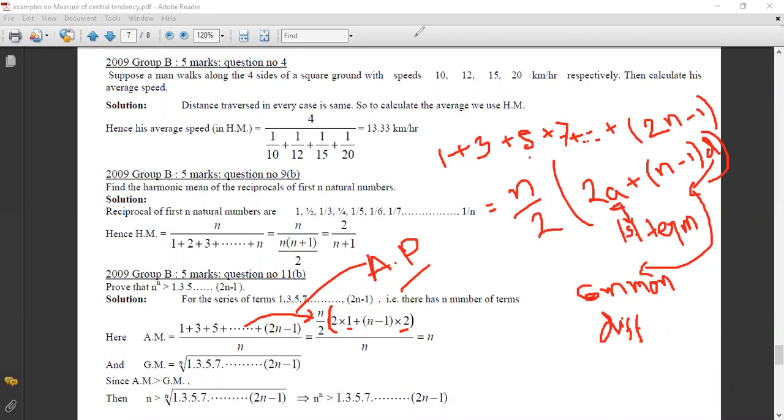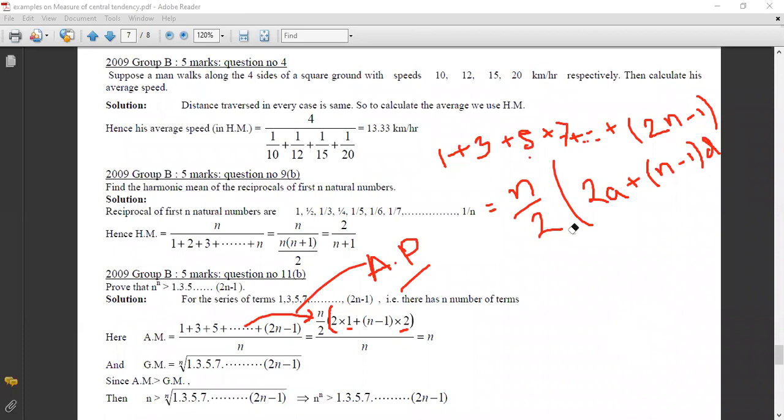What is the formula? That is called the arithmetic progression formula, and that is n by 2 into 2a plus n minus 1 into d. This is the AP series if the sum is like up to nth term, and n by 2, 2a plus n minus 1 into d, where a is the first term and d is the common difference. So use a is the first term, in this case a is 1, d is 2, and so after calculating this part,